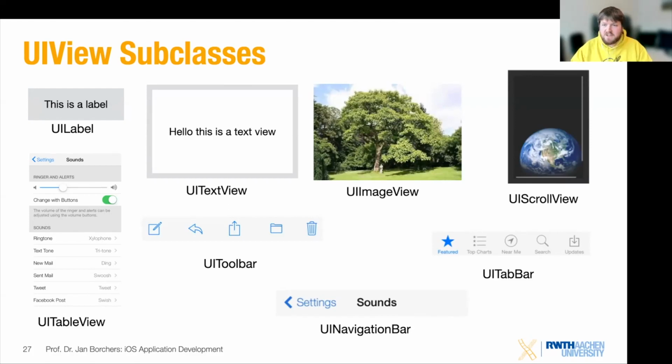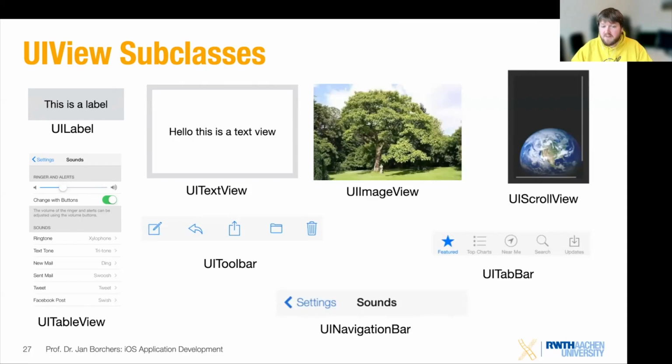For displaying images, you can use UIImageView. It has already a couple of properties that allow you to control the aspect ratio and whether it should be scaled, and so on.